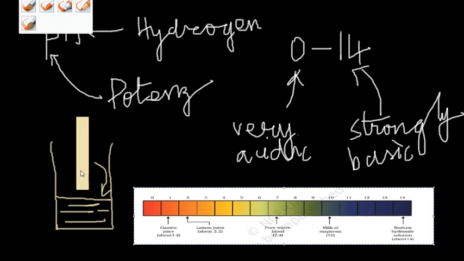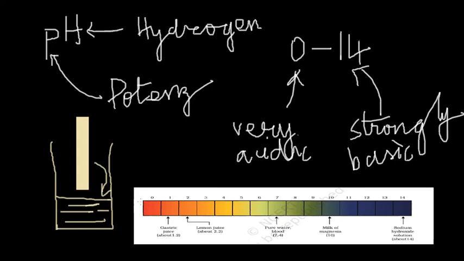If the pH paper has this kind of a color, that is completely red color, then we say that the pH value is 0. On the other hand, if it has say a greenish color, then we can say that the pH value is 7 or 8. And if the color is like this, purple or indigo, then we can say the pH value is 13 or 14. If the pH value is 7, then we say that the solution is a neutral solution.